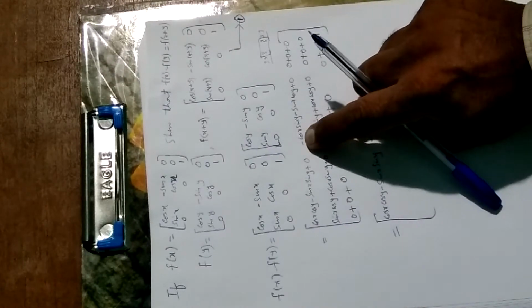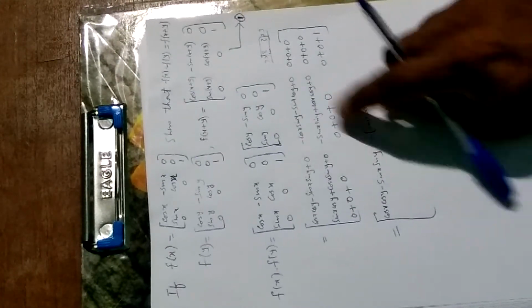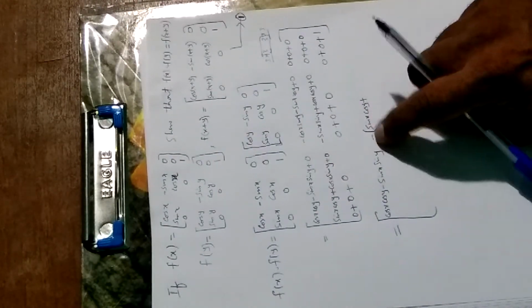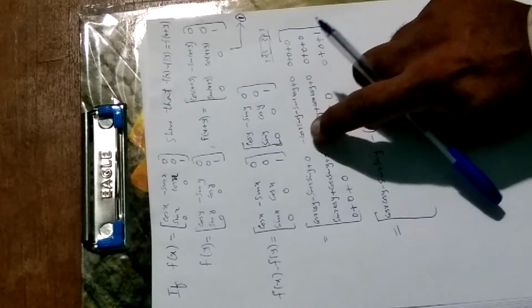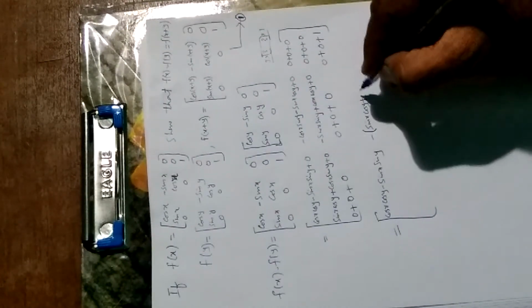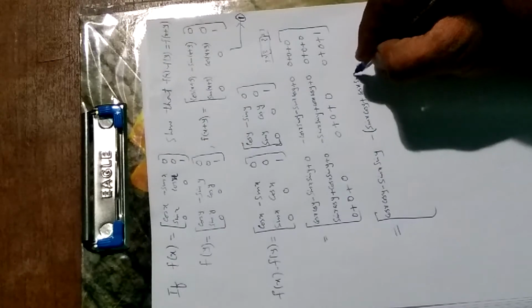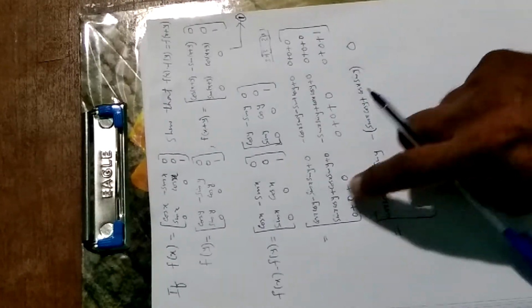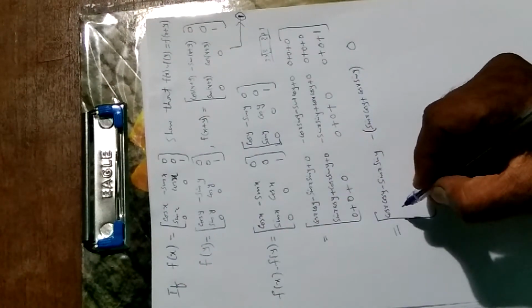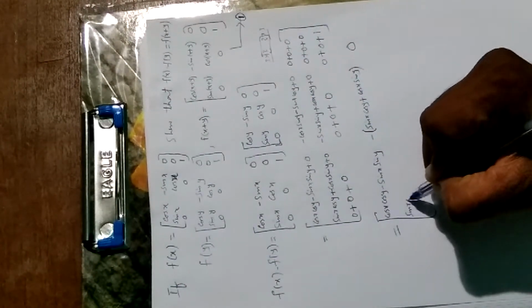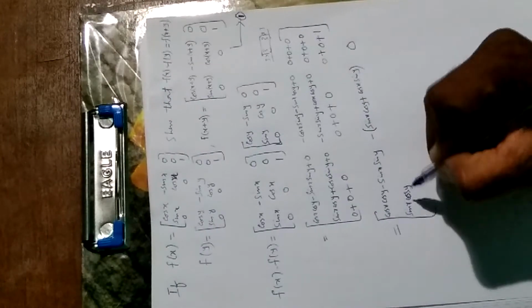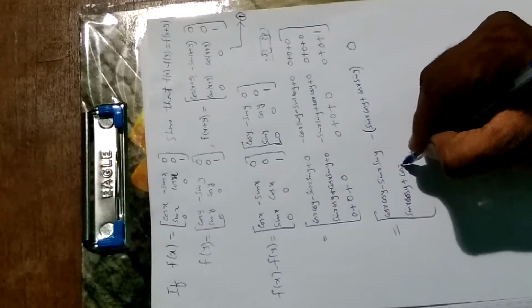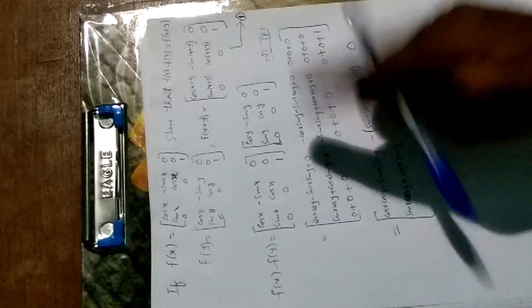Plus, this will also become plus because we have taken minus common, so both will become plus, so that if we multiply it again by minus sign, they will both become minus, right? Then this will also become plus cos x sin y. How about the 0? We leave it. 0 plus 0 plus 0 is 0. Then here we can write it as sin x cos y, sin x cos y, sin x cos y plus cos x sin y, plus cos x sin y, plus 0 you can leave.